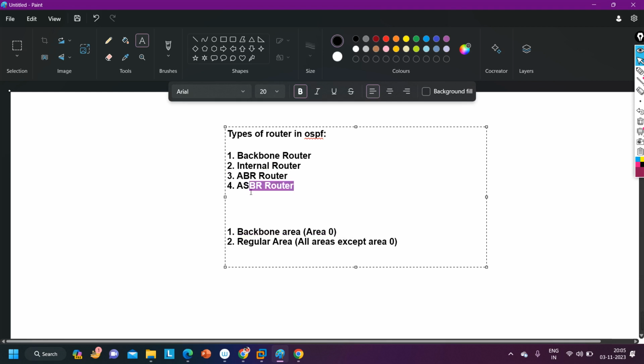And an ASBR router is a router whose at least one interface belongs to the OSPF domain and at least one interface belongs to any other routing domain, meaning the router where we will perform redistribution. That router will become the ASBR router. So if I draw one diagram here,